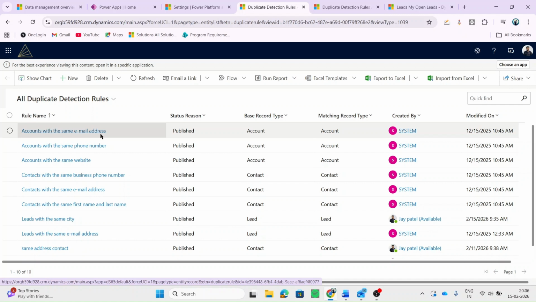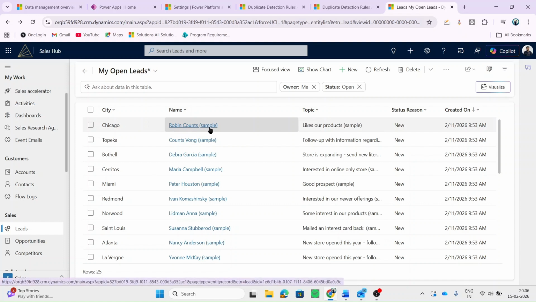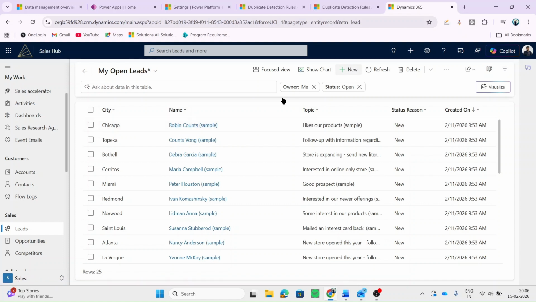So what I'm going to do here is create a new duplicate detection rule. I have the list of all the leads, and I want that if I create a new lead with the same name, then in that scenario it should show me an error message. Right now, as you can see, this is the first lead, and the name of this lead is Robin Count Sample. So if I click on new,